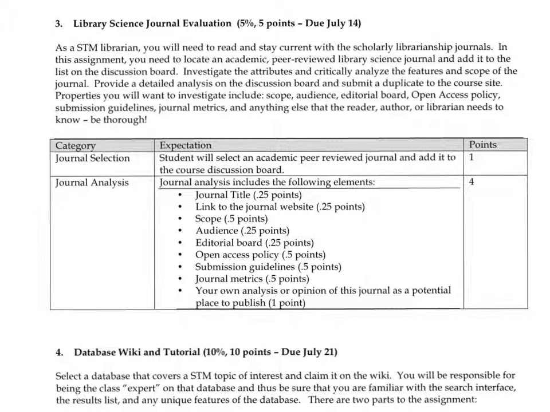So basically for this assignment, we want you to find a journal that you could publish in. More specifically, it would be great if you could find a journal that you could publish in as a STEM librarian. We want you to look at that journal, analyze it, and think about different elements of it critically. Things like, what is the open access policy, which you can find by looking at Sherpa Romeo, or looking at the Directory of Open Access Journals to find different open access journals in the sciences or in the library sciences.